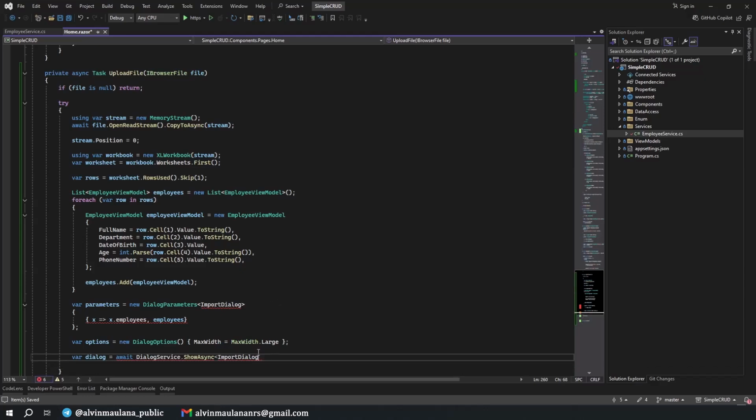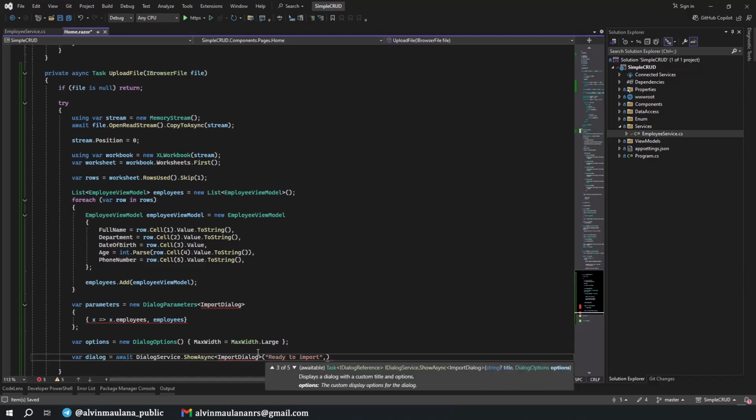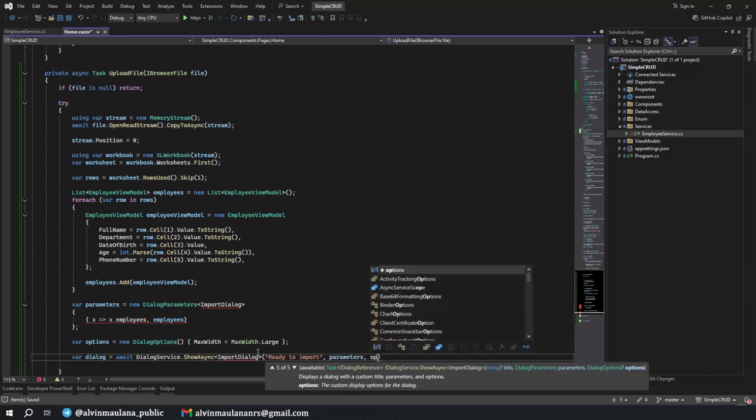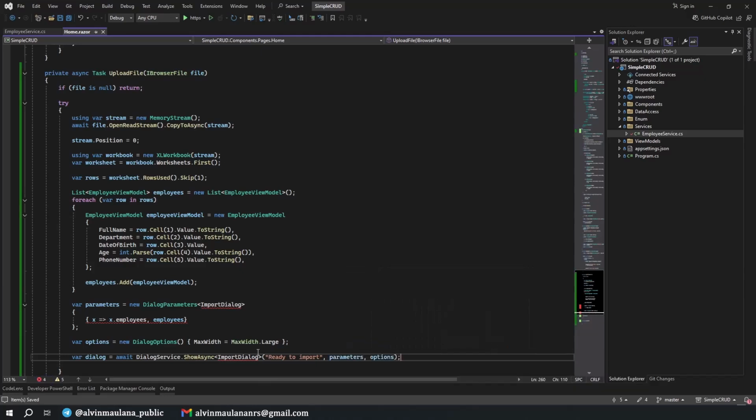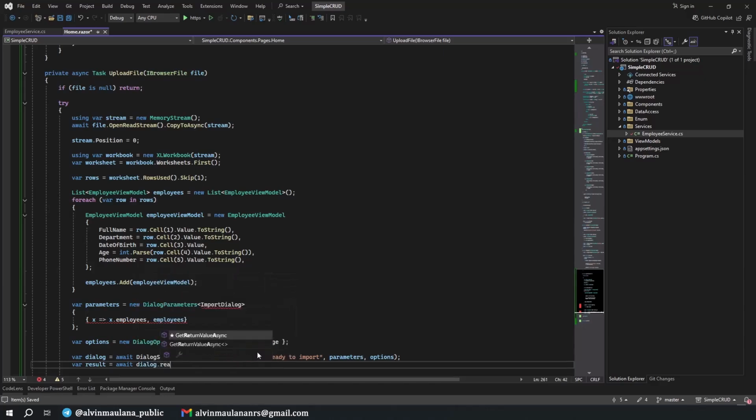Where is it? We name the title as "Ready to Import", and then pass the parameters and options, and then we get the result from the await dialog.Result.